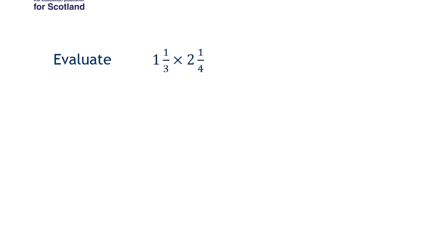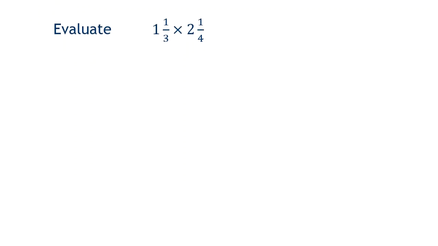And with all multiplying and dividing of fractions, we really want to take any mixed numbers and write them first as improper fractions. You might also know them as top-heavy fractions. So how do we do that? Well, we take this first fraction, 1 1/3, and the denominator of 3 tells us we're talking about thirds, and we want to be thinking, how many thirds do we actually have here? 1 whole is the same as 3 thirds, and we've also got an extra third here, so